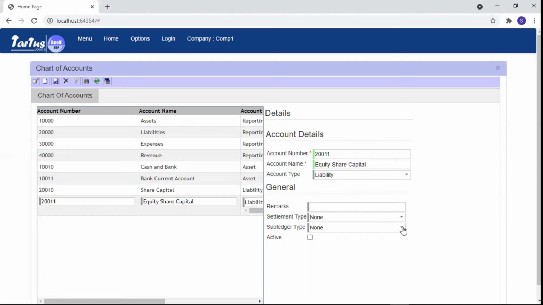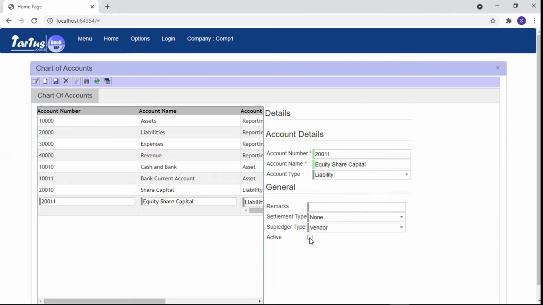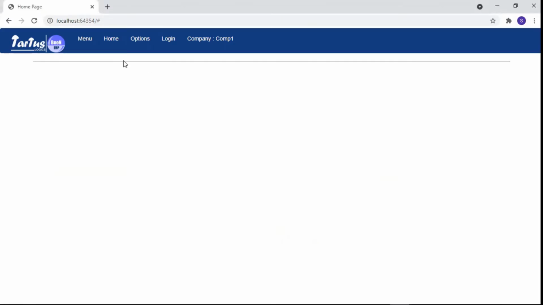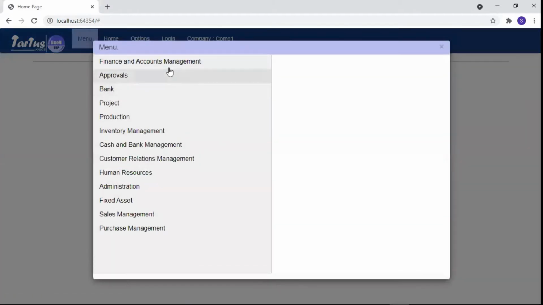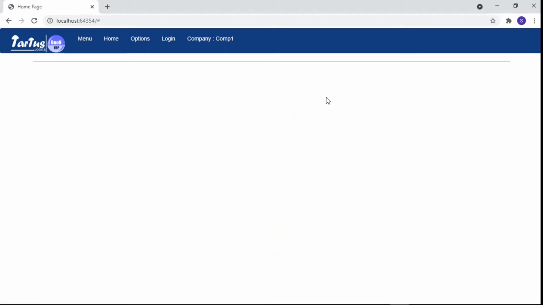Here we will set the subledger type as vendor so that it will accept a vendor along with the ledger. We will activate the account and save the record. We will close the form and reopen it, and you will notice that the accounts are ordered in correct sequence.